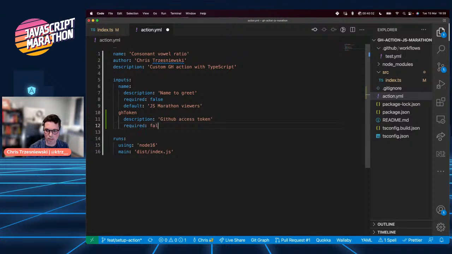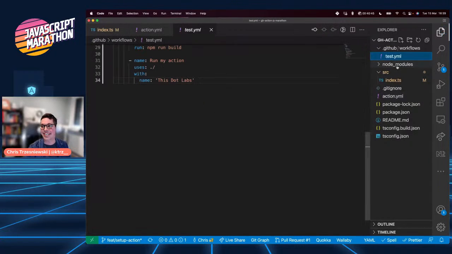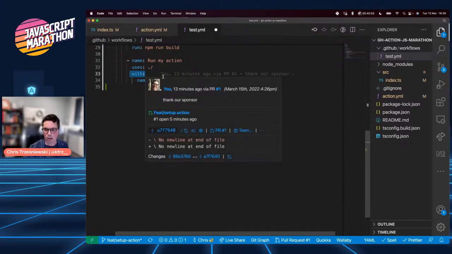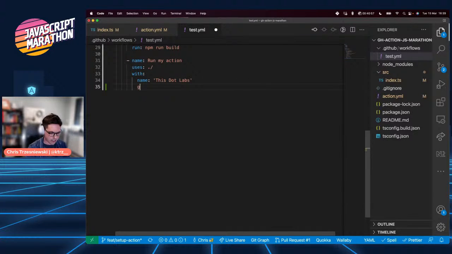Required false. And we won't provide any default value because if there is no token provided, we will fall back to not doing anything, basically. So how do we pass this token to our action? Of course, we need to somehow put it into the with object as GitHub token, but where does